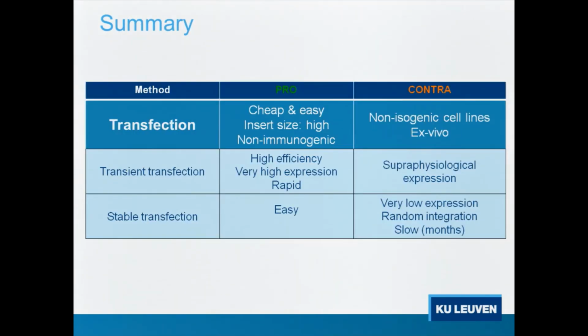And so I'd like to summarize with the different techniques that I've mentioned. So we do have transfection, which on the pro side is cheap and easy. You can insert large constructs and it's non-immunogenic. You do get non-isogenic cell lines, and you cannot use this ex vivo. And there are differences for transient and stable transfection. Transient, well, it's highly efficient, high expression, it's rapid. For stable transfection, it's easy to do, but you do get low expression rates, and you have random integration,